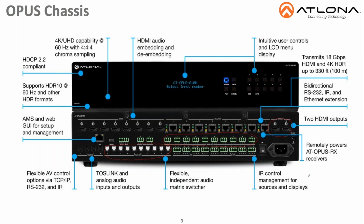Are these HDBaseT outputs compatible with other receivers aside from the OPUS RX and the 451? No, they're not. In the case of the Opus, they're specific to the Opus and the RX and the